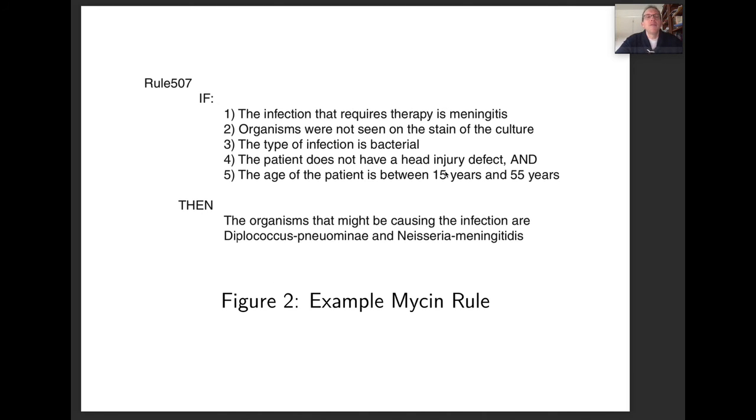And so a couple of things to be aware of here. They're trying to create these kind of self-contained pieces of knowledge that don't interact strongly with other collections of knowledge that they have in their knowledge base, so that it's easier to maintain. So if they decide to edit Rule 507, it doesn't have unintended consequences on the execution of Rule 510, 613, etc. This system they created was programmed in Lisp, and it used a method of reasoning called backward chaining, where